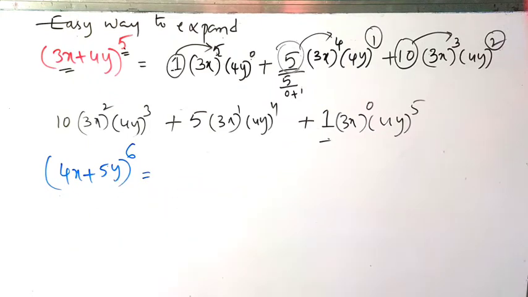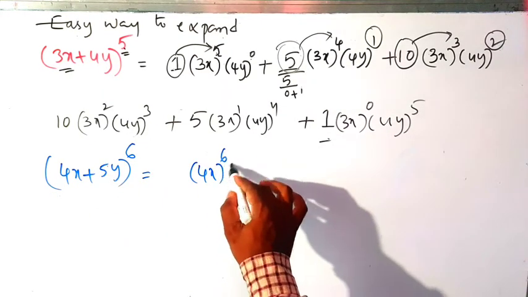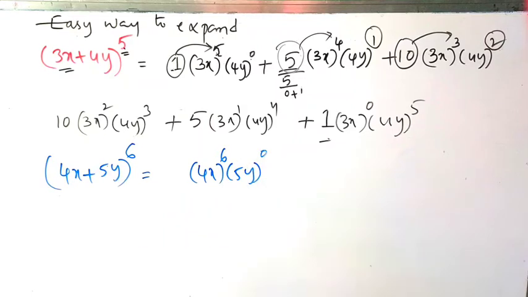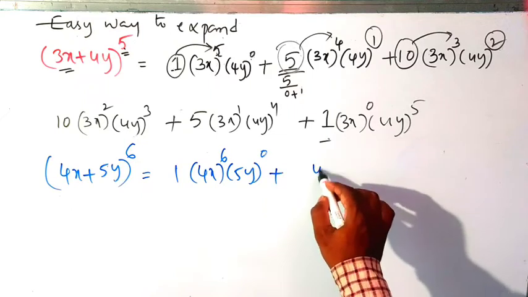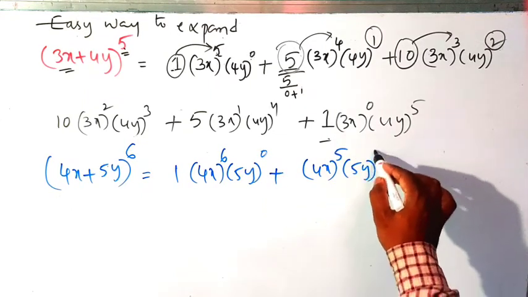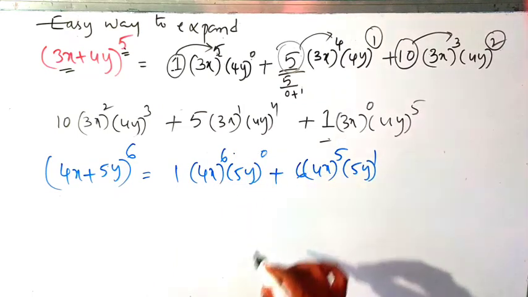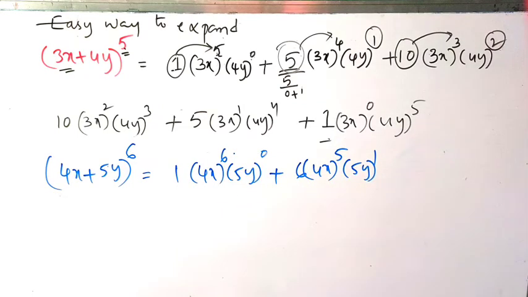That equals to be right here. So directly I will write here 4x whole power of 6, 5y whole power of 0. Okay. So this is nothing but 1, first quotient. So then after 4x whole power of 5, 5y whole power of 1. So what we get here? 6 into 1. 6 by 0 plus 1. So 6 by 1 is nothing but 6.